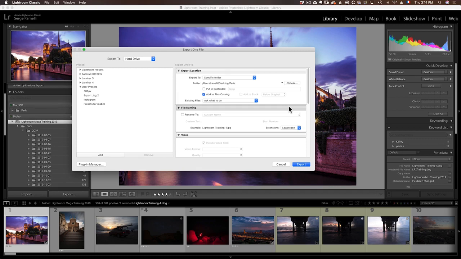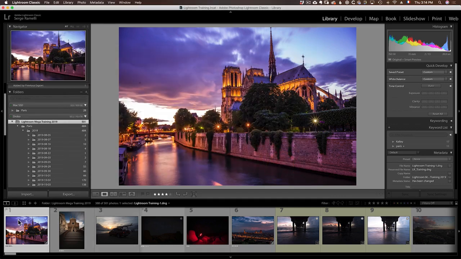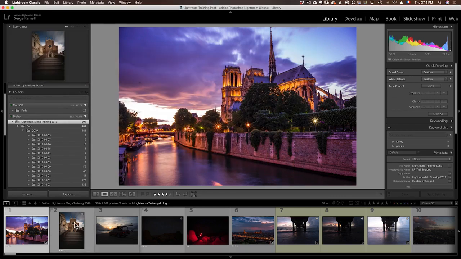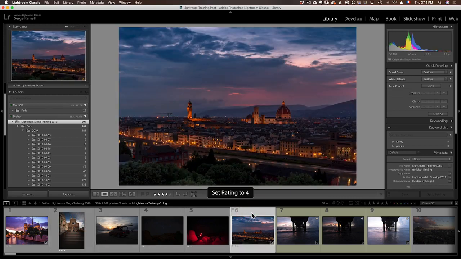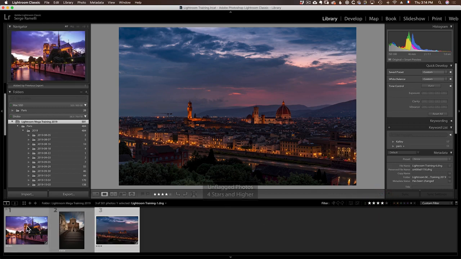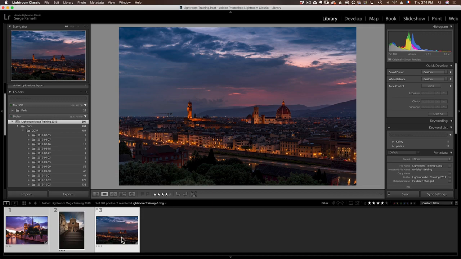I think it's great. So first, let's prepare some photos. I'm going to export this one. I'm going to give a 4-star to this one and a 4-star to this one. Okay, so I'm going to select by 4-star. I've got 3 photos and I want to export them in small and in large definition. So I'm going to select all 3 using the shift key on the first and the last photo, right click,